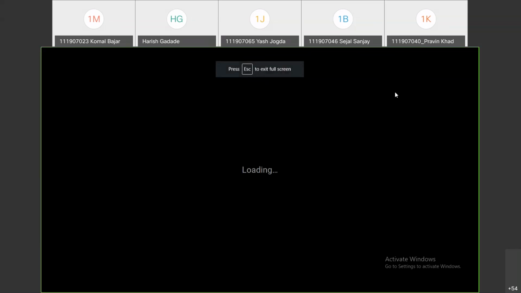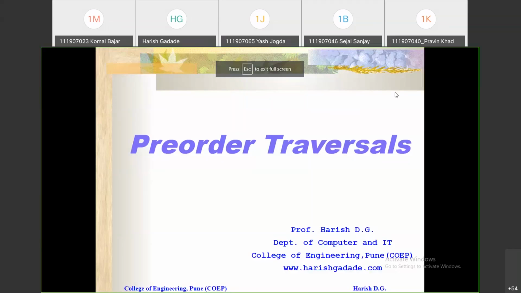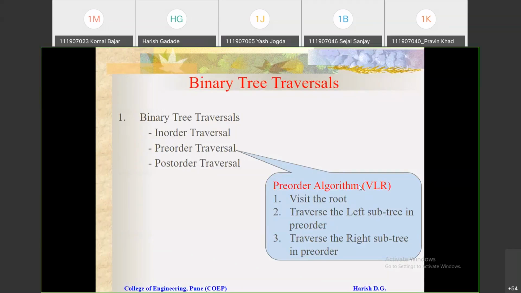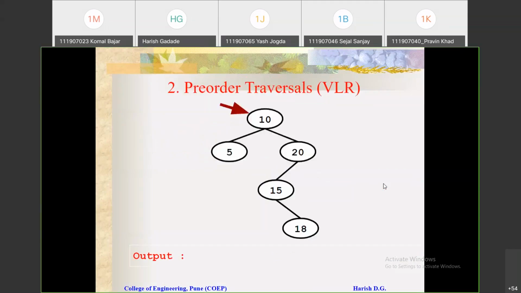So this is the pre-order traversal. You can see here, pre means first, so you need to put V first, then L, and then R. Here I have written the same algorithm: V, L, R. So visit root, traverse to left, traverse to right. I have taken this second example of your binary search tree. Here again, we need to find the pre-order traversal of this tree. Again, the same thing we apply for each and every node, following these 3 steps, V, L, and R.